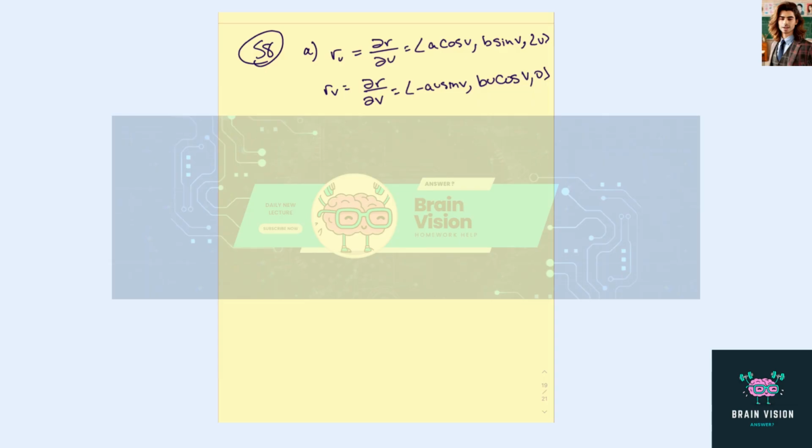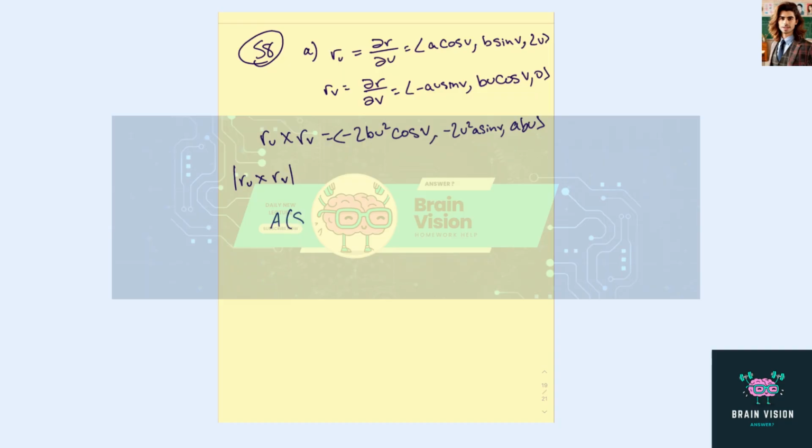and 0. Then we want to take R_u cross R_v. When we do that, we get negative 2b u squared cosine v, negative 2 u squared a sine v, and a b u. So with all that being said, we see that its magnitude,